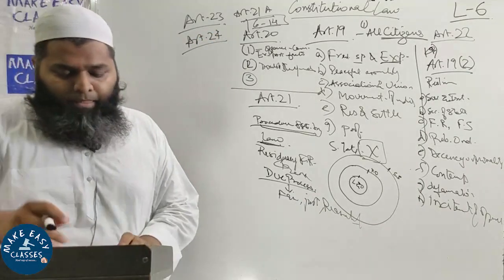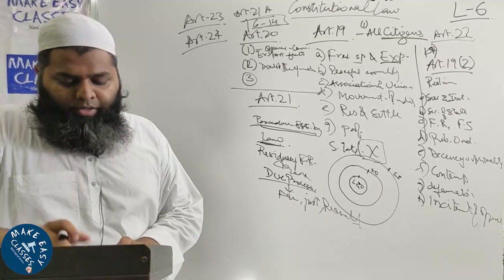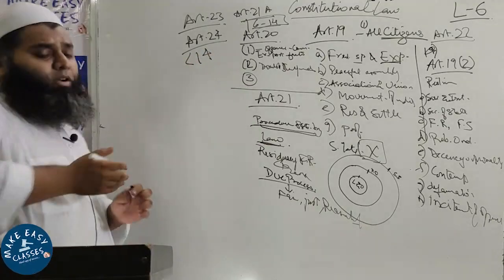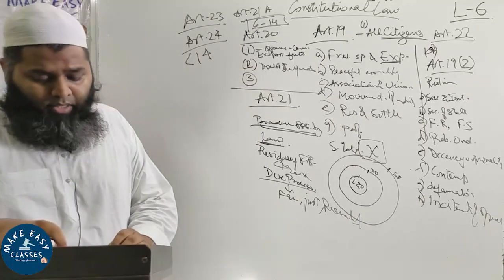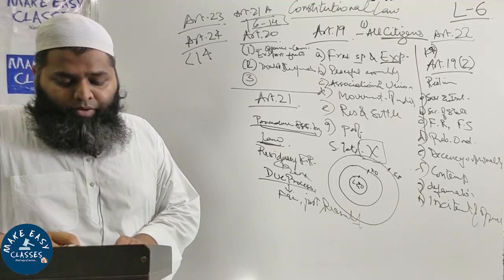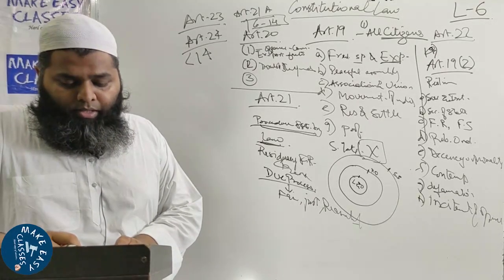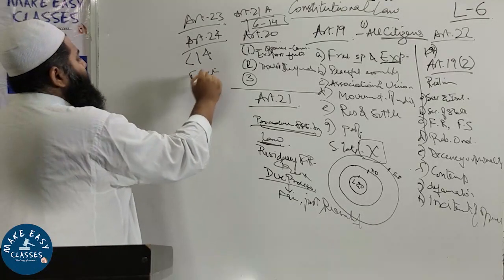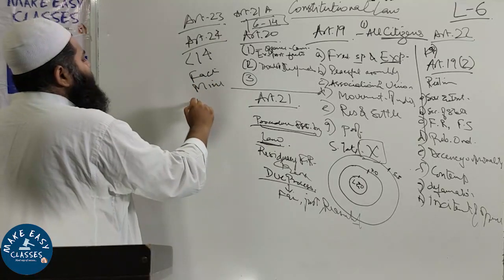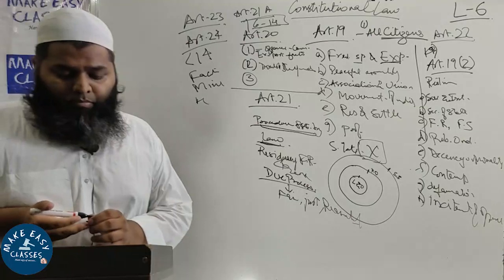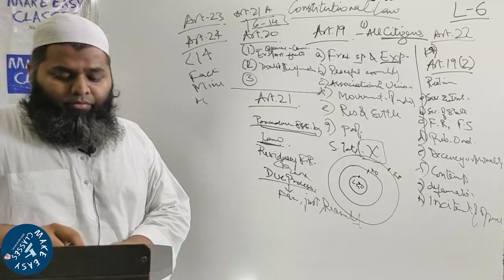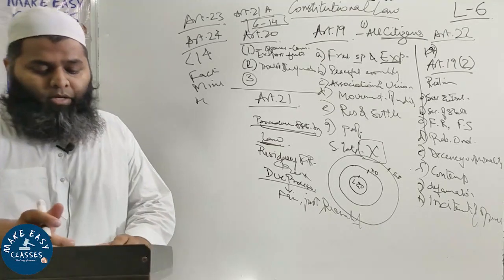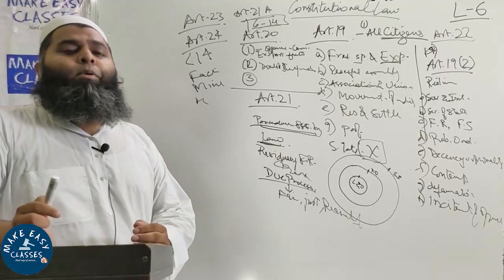This deals with no child below the age of 14 years. How many years? 14 years. Less than 14 years, if a child is less than 14 years, shall be employed to work in any factory or mine or engage in any other hazardous employment. How many kinds? First factory, then mine, after that any hazardous employment. So Article 24 deals with, Article 24 deals with what? Article 24 deals with that no child below the age of 14